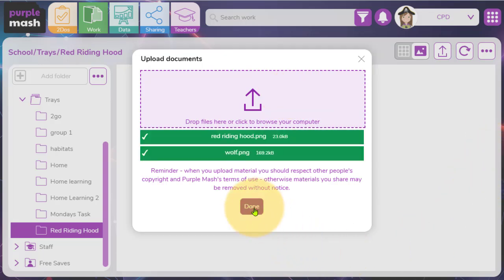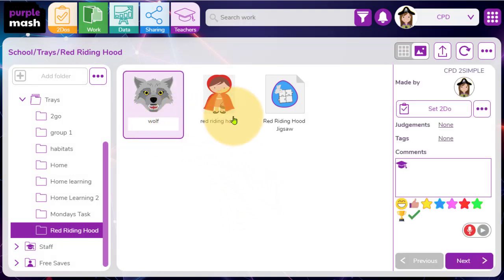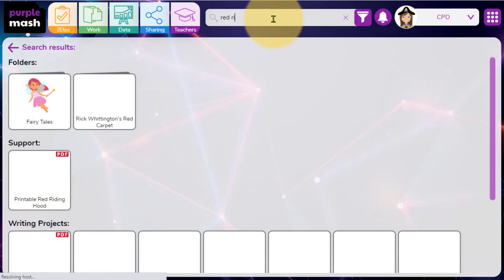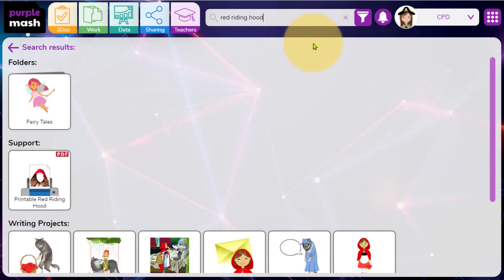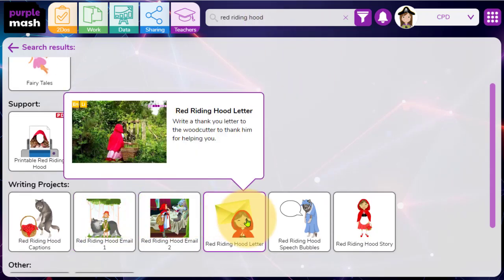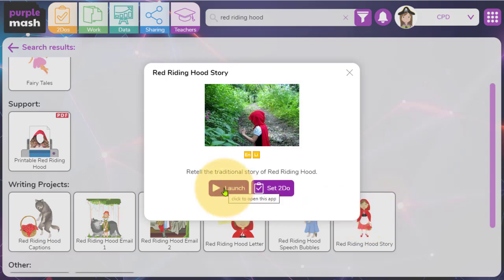Uploading is easy to do, and you can really simply change the name of a file type just by selecting it and typing in the space. You can also navigate to content within Purple Mash and pin this within the Minimash area. So here I can navigate to the different activities here. For example, we could try and pin this story within Minimash. I can click on it, open up the resource,